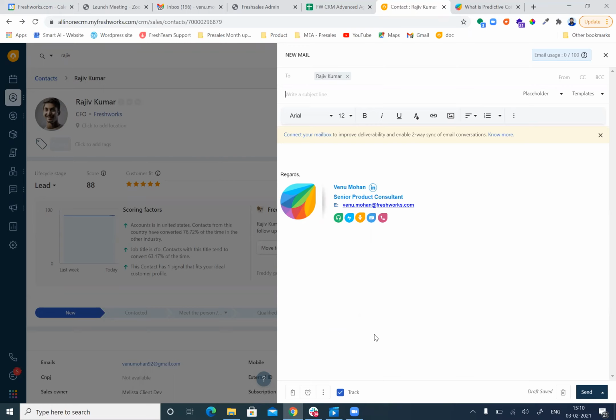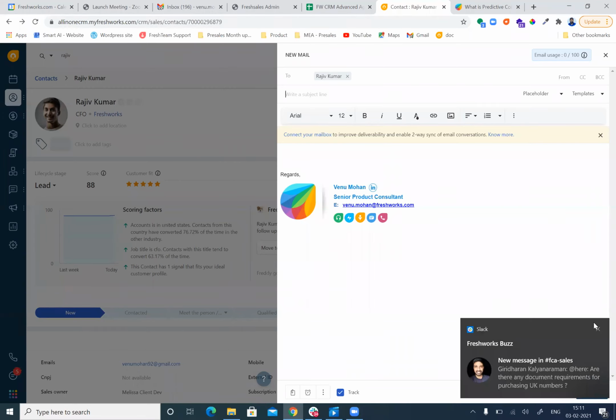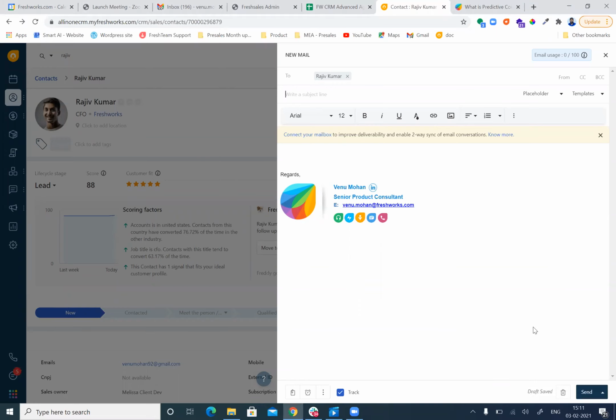This will give you a clear picture of whether your customer has opened your email but doesn't reply, and whether the emails are delivered to them or not, in order to qualify whether this is a qualified lead or an unqualified lead. So you can extensively use this track option to identify customer behavior, whether they are actively responding and going through their emails or not.